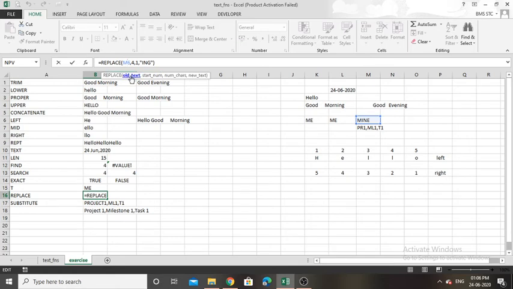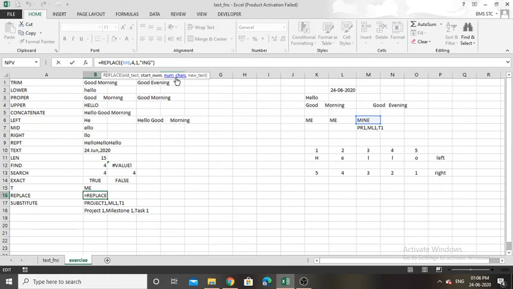First one is old text, that is mine, comma, start num. Start num means from where should I replace this value? Is it from the beginning or the second index or the third index or the fourth index and so on. So in my case I need to replace from the fourth index. So I passed start num as 4.